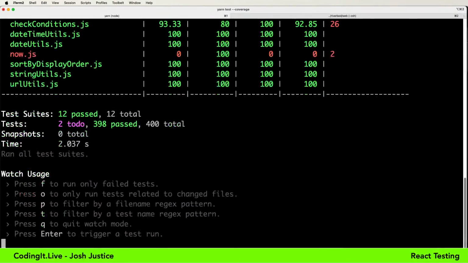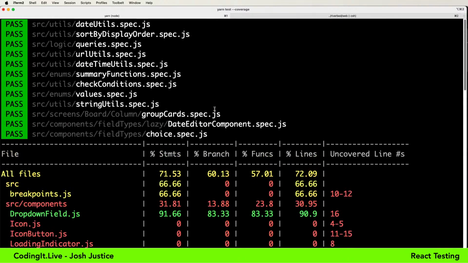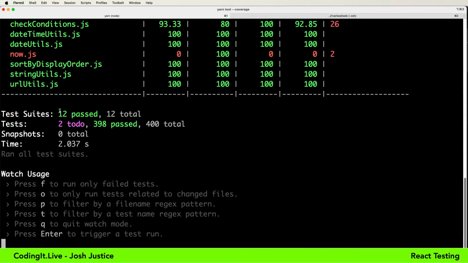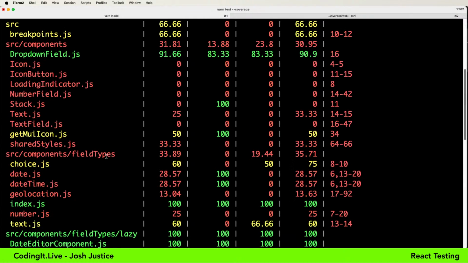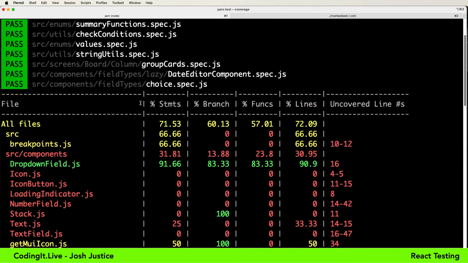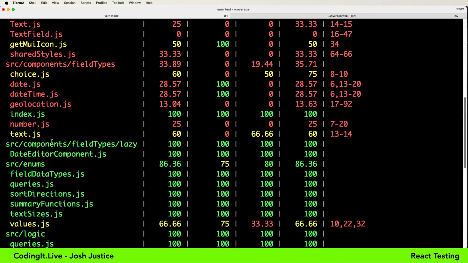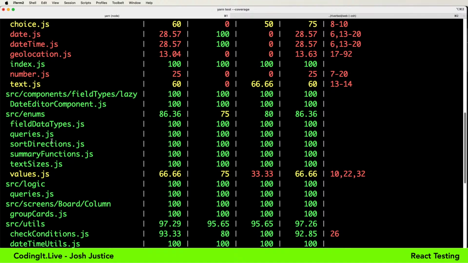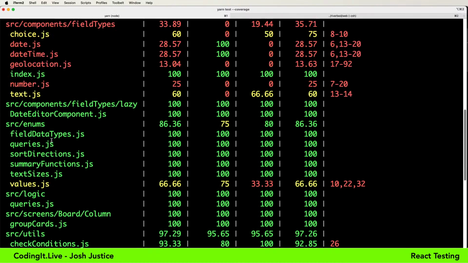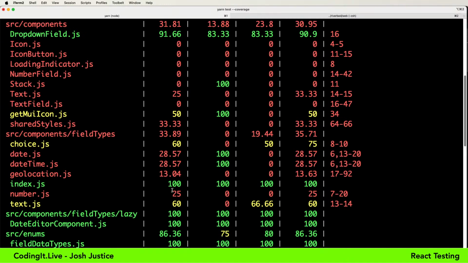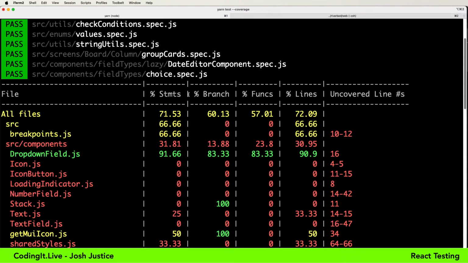It's going to run my test suite as usual, and then we get the full output as far as if they passed or failed, but we also get this table. This is a coverage table. It shows the files that are touched by these tests. I don't think it shows every file, but it shows what percentage of things are covered. So you can see that some of these low-level things that I've tested are getting 100% covered. Values is not, so I'll want to come back and revisit that. The columns show the number of statements, branches, functions, and lines.